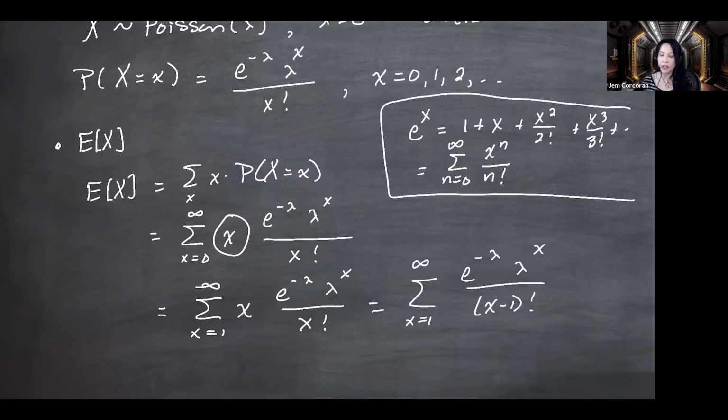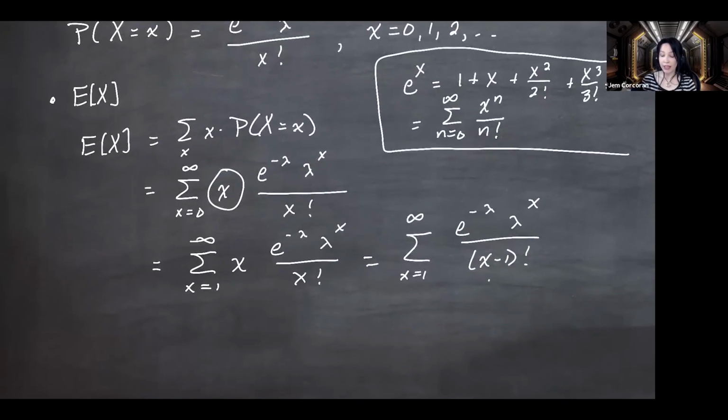I could use the fact that e to the x is the thing I put in the box to sum this up. That is, I could pull out the e to the minus lambda and reorganize things a little bit. But I'm going to use my usual integrating without integrating, or in this case, summing without summing trick, which is to make this look like a PDF again. So I see the x minus 1 factorial, and I kind of want an x minus 1 up here. So I'm going to pull out a lambda.